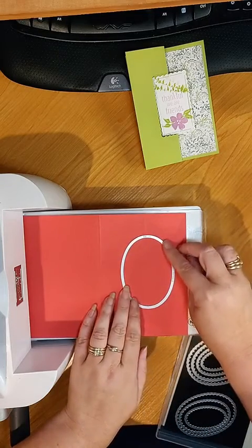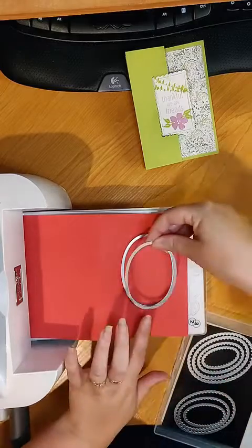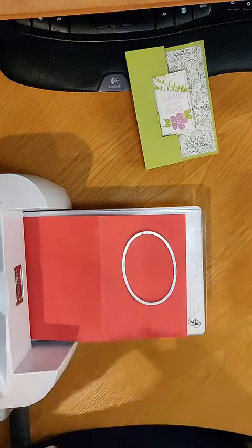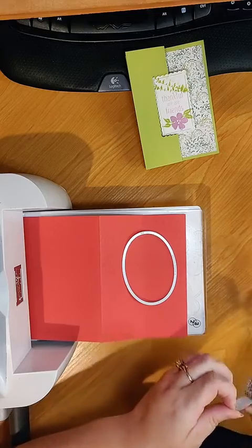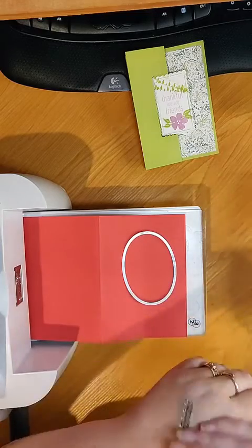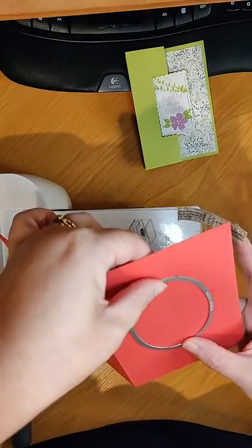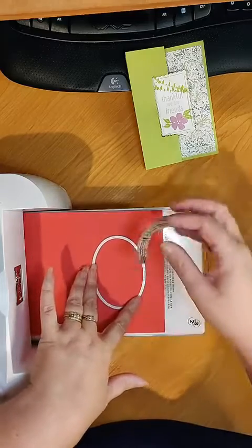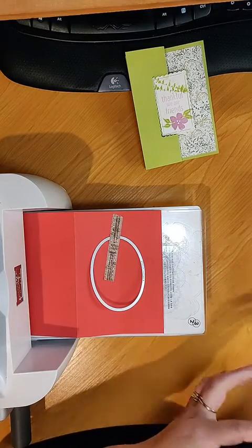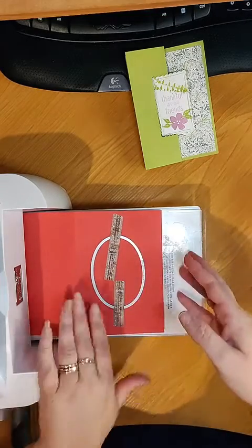So I think I'm going to pop that there, and then I want one that's slightly, yeah, that one. I'm just going to use that for my extra pieces. So I'm going to use some washi tape. When I did my sample, that's my second sample, because I put my washi tape on and it was too sticky. So a trick, pop it on, or use the post-it notes or whatever, but just to kind of get the excess adhesive off. Because when you push it through the machine, it obviously forces it down a bit more too. So if it's super sticky, you're going to